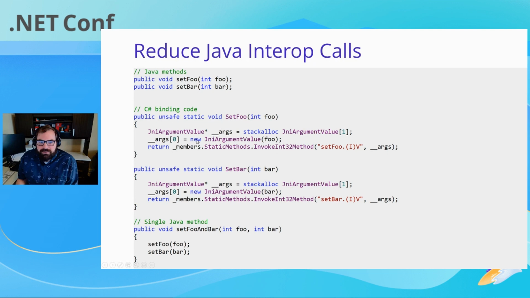So what's faster than doing this twice is if you made a Java method called set foo and bar, and you pass in foo and bar, right? You would end up crossing the barrier once instead of twice. And so we tried to use this technique in a lot of places in Maui, where if they're showing up in a profile, like, oh, look, we're calling into Java 7 times here, we'll make a method with 7 parameters and call in once, right? We did this in a lot of places. I think in one place it might even be 17 parameters, and we saw a big difference in making changes like this.